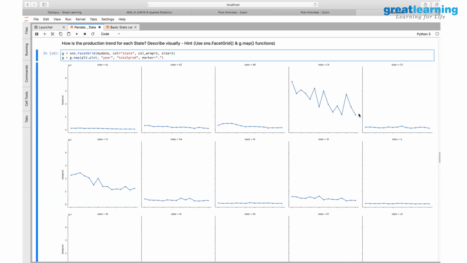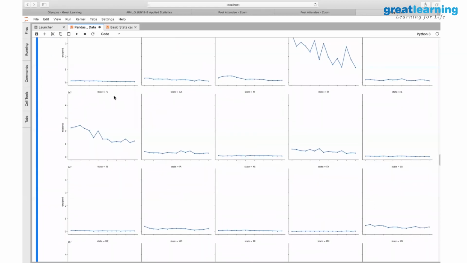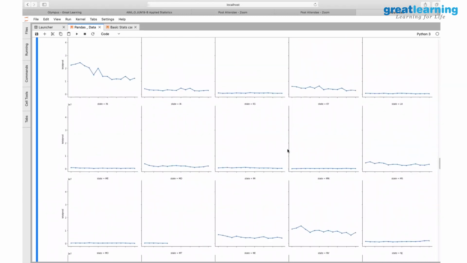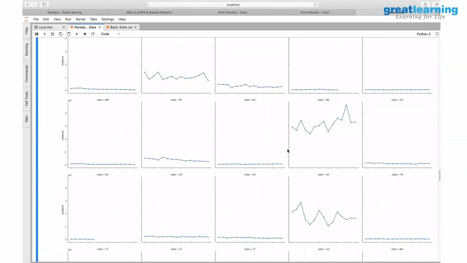So based on this information, you know that California is acting very differently. Then similarly, Florida is acting very differently. But most of the states are more or less showing the same trends. These are the quick observations. And this state is interesting. San Diego, you are seeing an upward trend actually. Even though ups and downs are happening, you can see a marginally upward trend line on this particular one, which is an interesting state to look at.